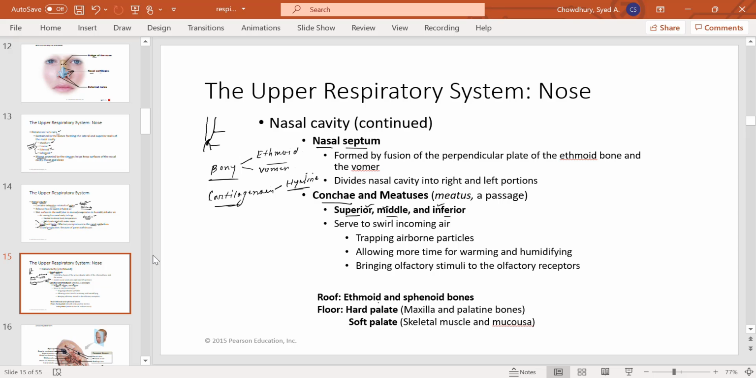The roof of the nasal cavity is formed by these two bones, ethmoid and sphenoid, and the floor is the palate, and palate has two parts. Hard palate is the bony part and soft palate is the skeletal muscle part. Okay, so